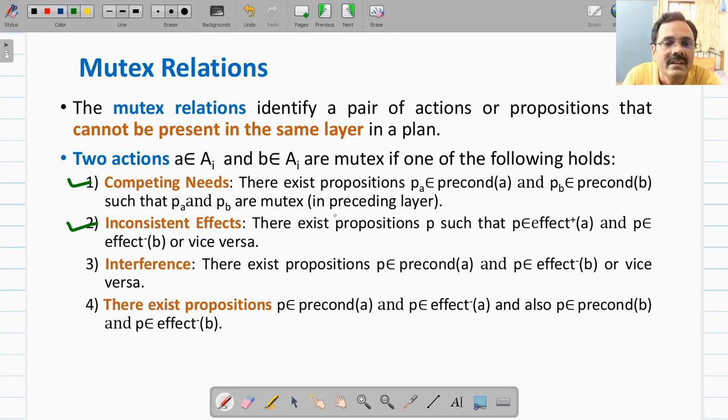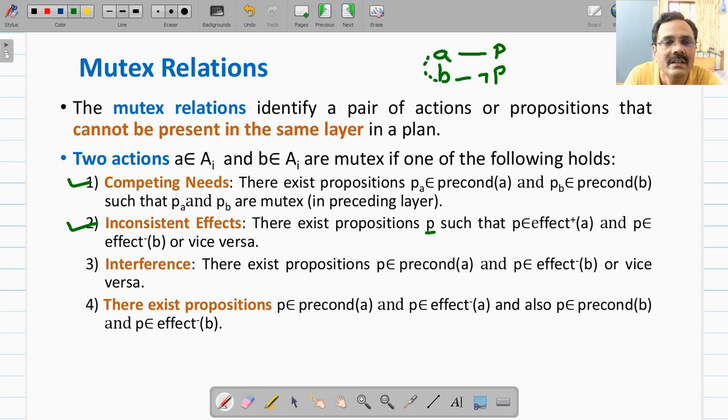What is inconsistent effect? If there exists a proposition P such that this P belongs to effect plus of action A, and P belongs to effect minus of another action B. Suppose B deletes this P, so it is in effect minus, that means it will delete this P. So A is producing this P and B is deleting this P. Therefore only one action you can execute at a time.